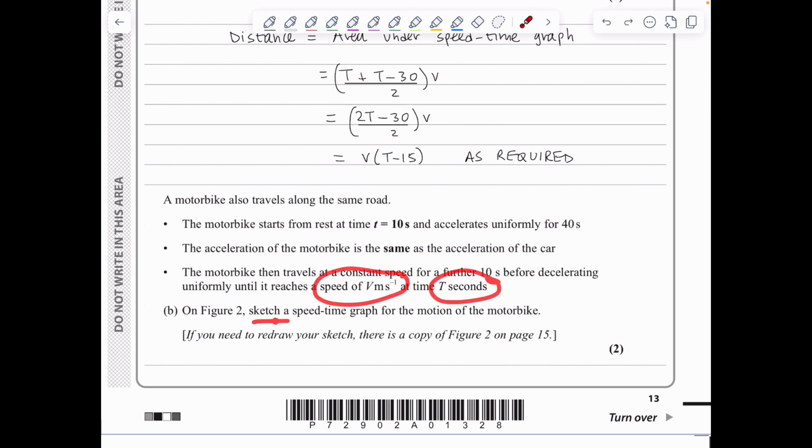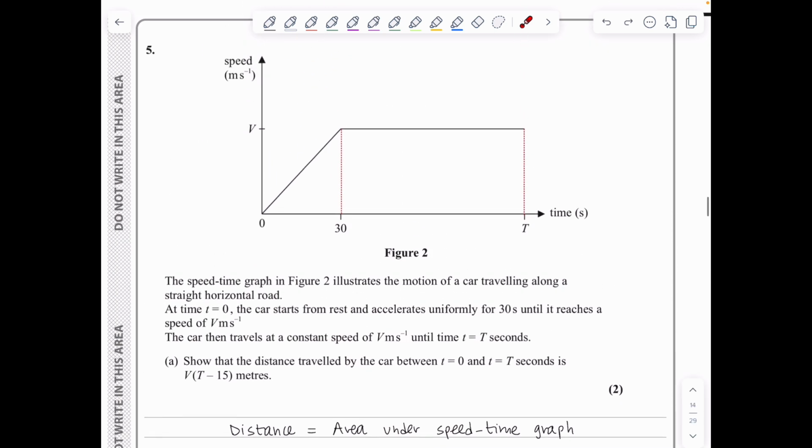And we need to sketch the speed time graph for the motion of the motorbike. So the motorbike sets off at t is 10. The two lines here are parallel because both are having the same acceleration. We then maintain a constant speed, so we were accelerating for 40 seconds, so this here is 50, and then we've got a constant speed for 10 seconds, and then we decelerate uniformly, reaching a speed of capital V at